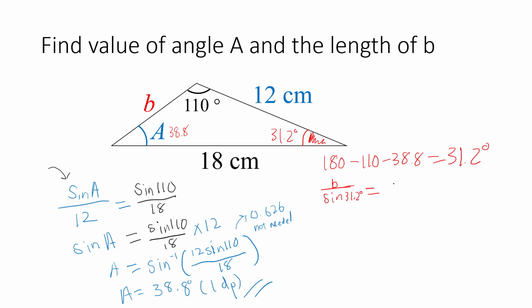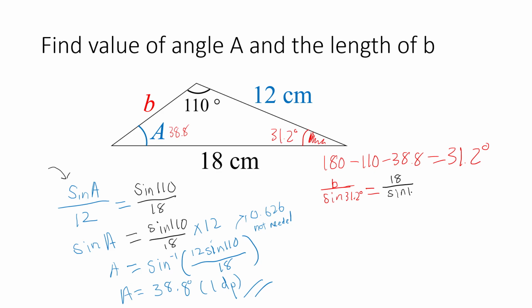So this fraction is equal to, let me continue using 18 as well as 110. But since B is a length, the numerator on this side must also be a length. So I write 18 over